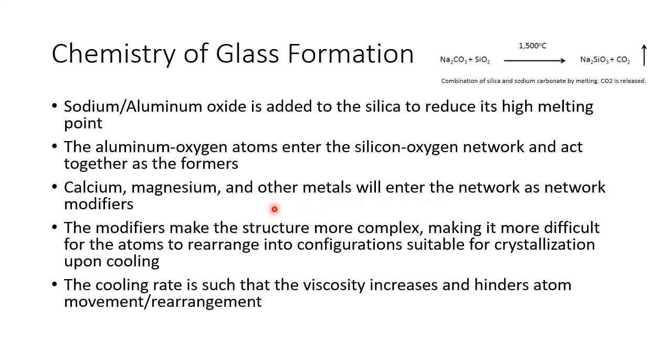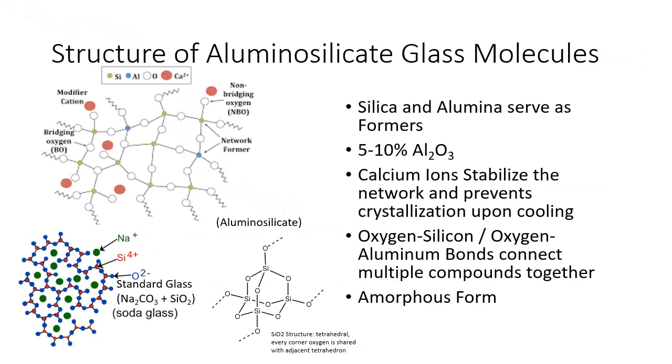These modifiers make the structure more complex, but are crucial in the retention of an amorphous structure as this viscous glass cools, preventing it from recrystallizing. We see here in the structure of a basic aluminosilicate glass that the silica and aluminum are forming the structure with oxygens bridging those, and then we have the calcium modifier cations, which serve as those stabilizers and keep that